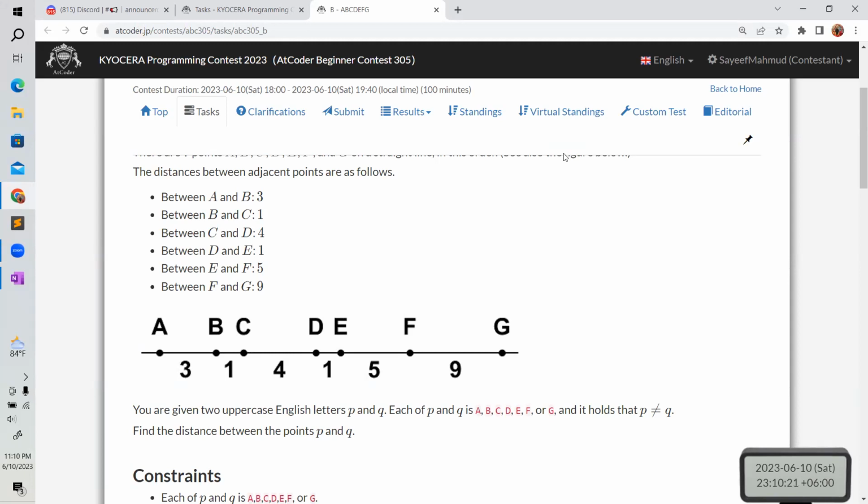Okay, so we're given these distances, and in the problem input, we'll be given 2 of these points. So we can be given B and F or A and C, and we need to find out the distance between these 2 points. This can be done using a prefix sum array, because if you need to find the distance between, let's say, C and E,